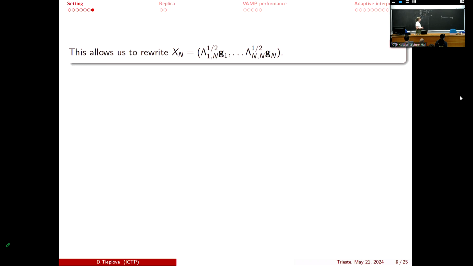So now, since all this lambda talk was just because it's a covariance matrix of our column, what we can do now is present each column as the square root of the covariance matrix multiplied by some i.i.d. Gaussian vector, right? So why did we want to do it? It's just because it's nice to delocalize the random part, we want it to be all independent, and the deterministic part.